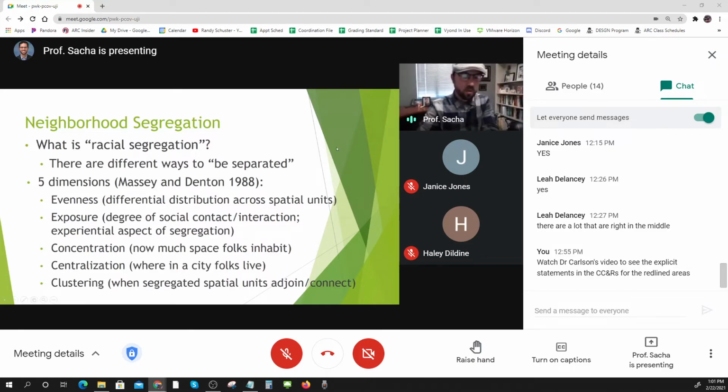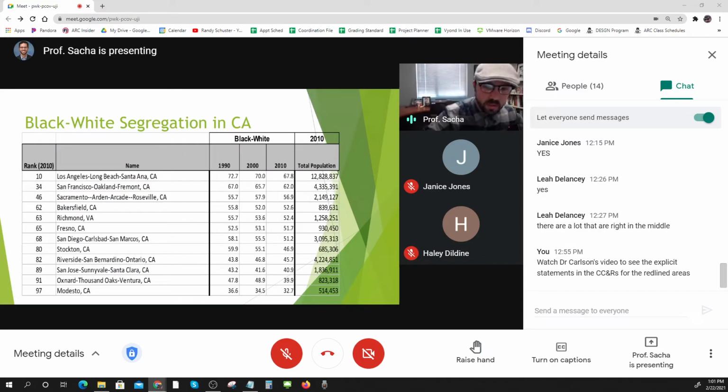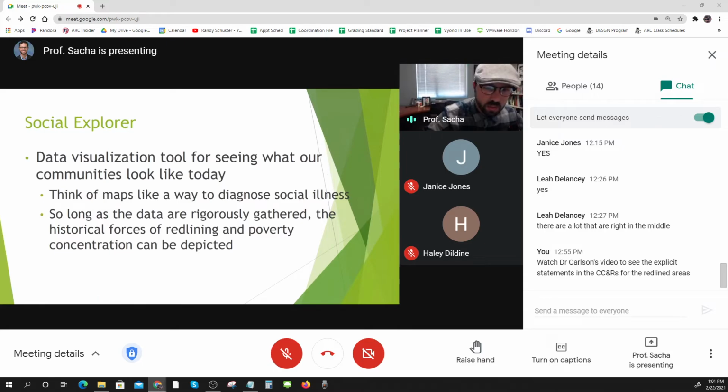Okay, so we don't have time to get through racial segregation. I don't have time to introduce you to the index of dissimilarity, which tells us when racial segregation exists. Let me just skip through to the end here to make sure that there's not something else that I really wanted you to leave with. Okay, so I was going to leave with Social Explorer. I'm 1 minute over. I didn't stick my landing after all, but I feel okay with today.